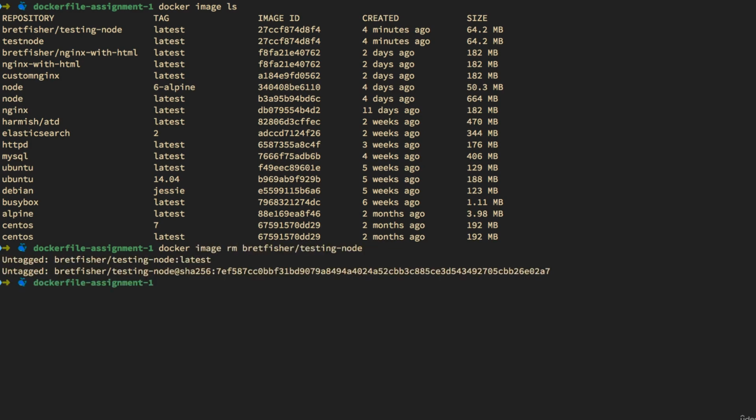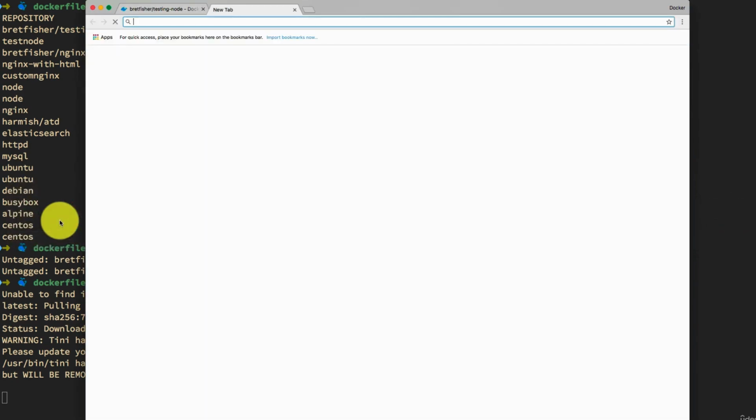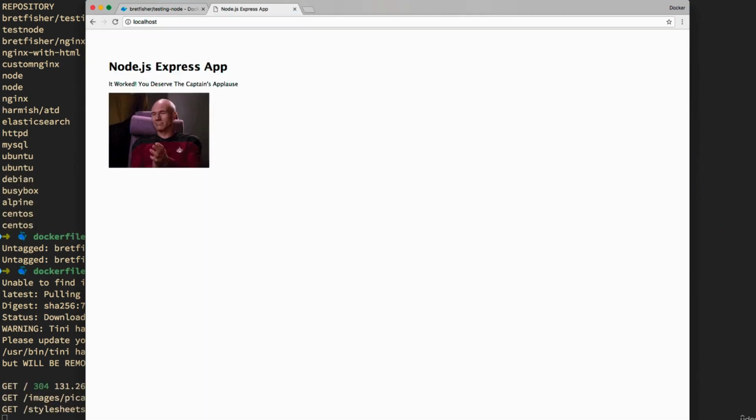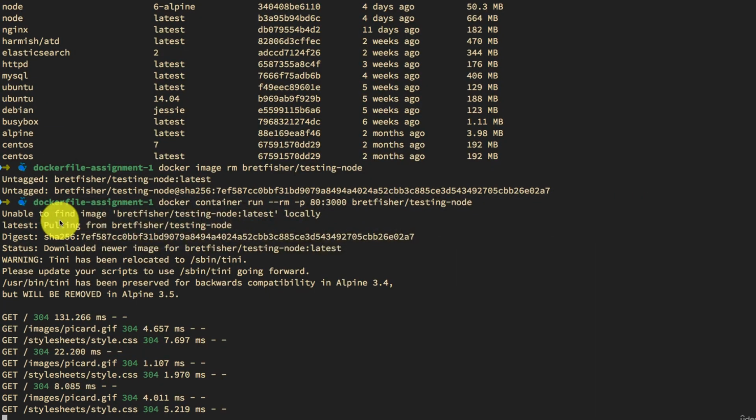All right. So now I'm going to actually run it. docker container run --rm -p 80:3000, just like before. And I'm going to actually call it Bret Fisher testing-node, and that should download it and run it. All right. And if I go back over to my browser, localhost, there it is. I can hit refresh just to make sure. Yes,